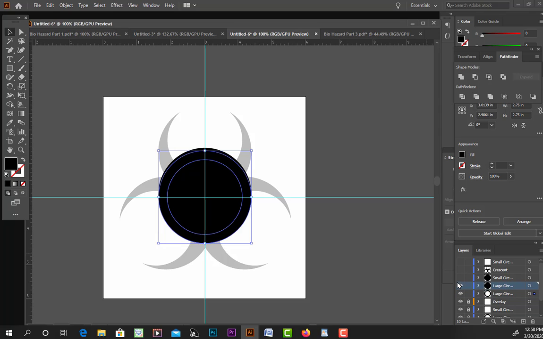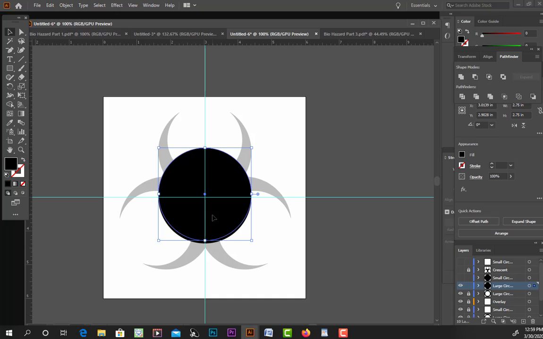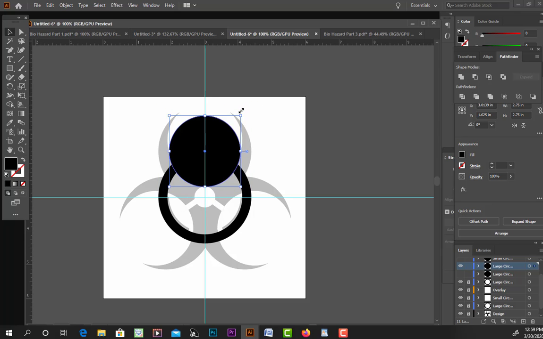So I'm going to take that large circle and I'm going to make sure that I lock up the center circle, everything that I just worked on, including the crescent itself, because I don't want to get anything confused. I'm going to move the large circle up so that it coincides with the crescent itself. And I think what I have to do with that now is I have to make it smaller. So I'm going to make a copy of this layer and shut it off. I'm going to use the copied layer and I'm going to use my Alt and Shift key so that I'm dragging it down from the center till I get it to the point where it is going to work